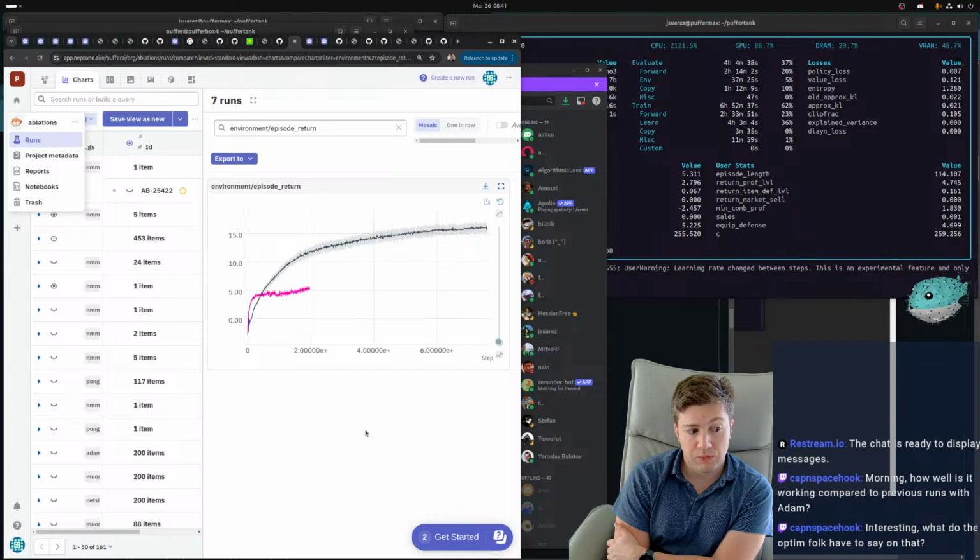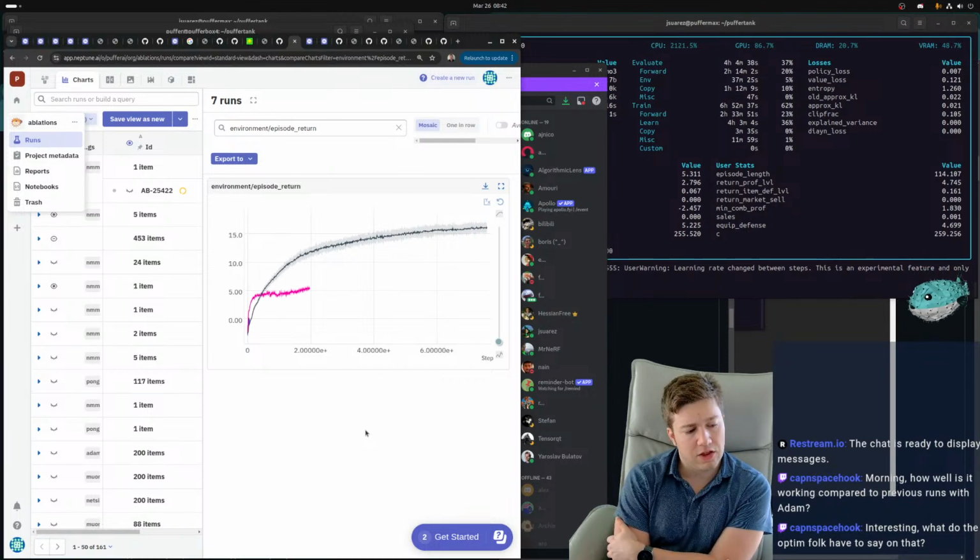Now, there are a few additional sources of need to change hyperparameters per env, right? One is that some envs just have way more gradient noise than other envs. That's something to look at. And that requires you to use a larger mini batch size or lower learning rate in order to solve the same task.